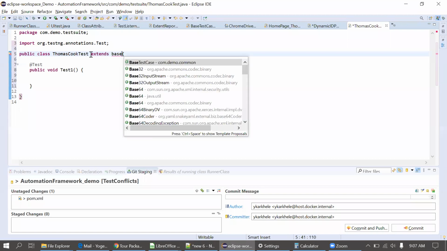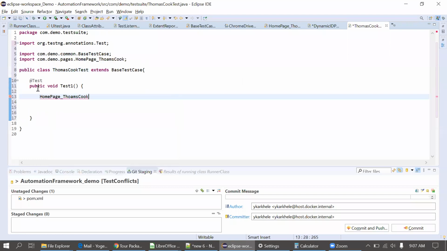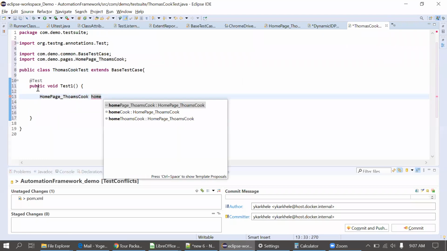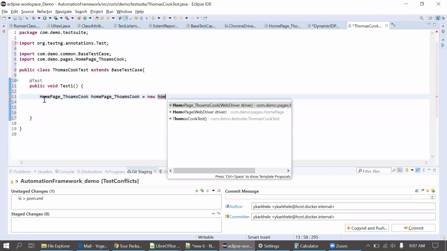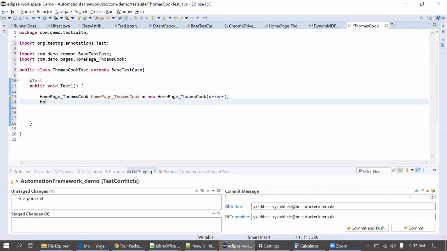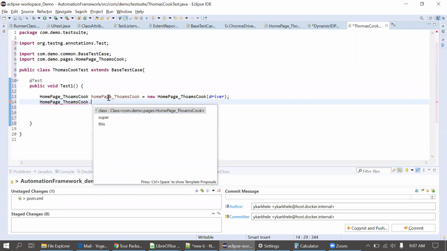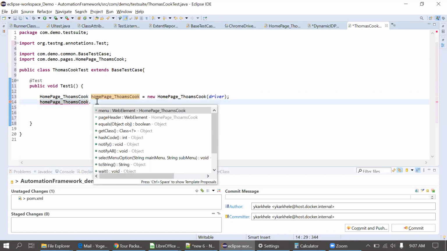It will invoke and open the thomascook.com site for me. Then after opening, I have to create an object of the home page first. Then home page. Okay. Thomascook dot. I have to use this object. Now that method should be accessible here.